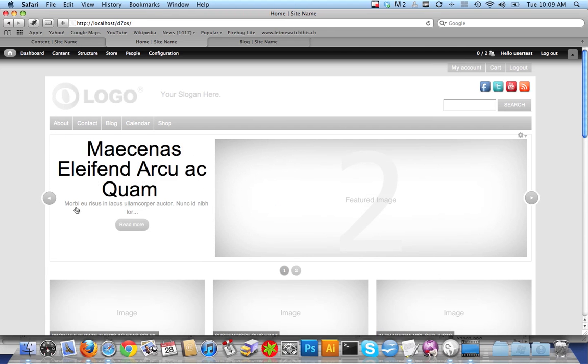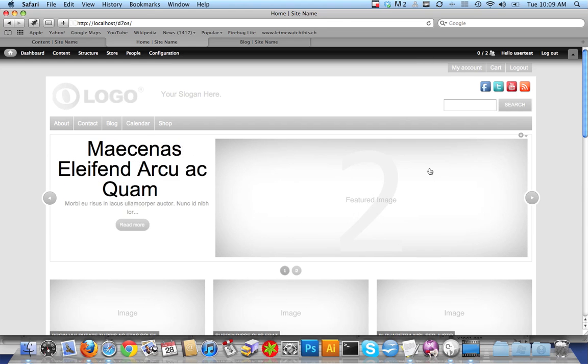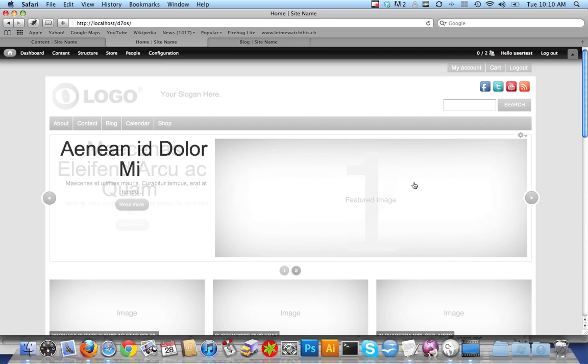You can also edit the existing two that we have here. You can see that you can scroll through one, two, and it shows up randomly. It only shows 4 items at any given time. The reason for that is so that it doesn't load too much. Say if you had 100 of them, that would be too much for the end user to download, each of 100 images. So keep in mind that it's going to show 4 random ones from that pool of content. You can have 100 of them in there, but it will only show 4 at a time,